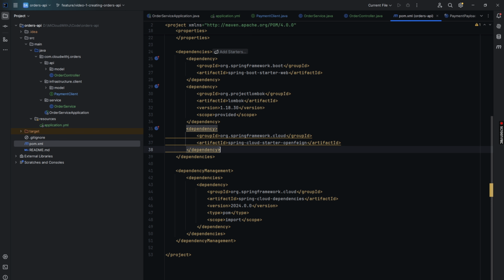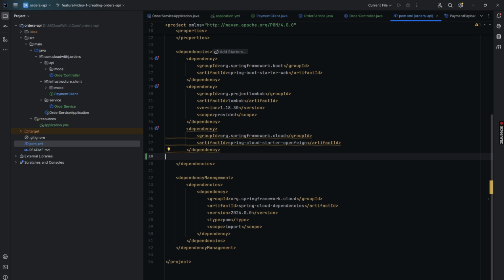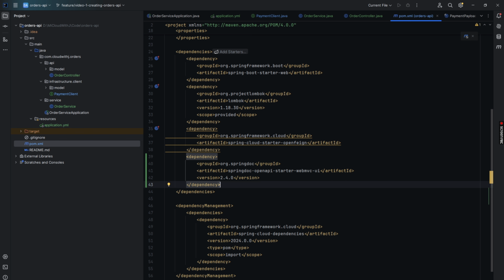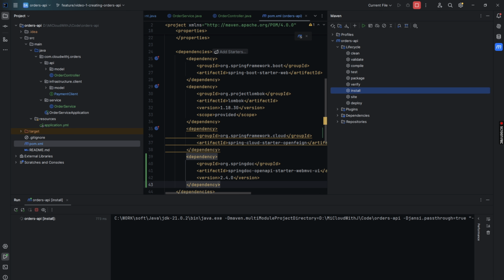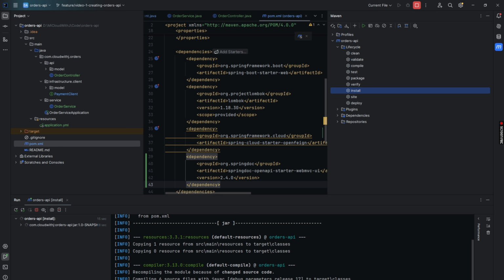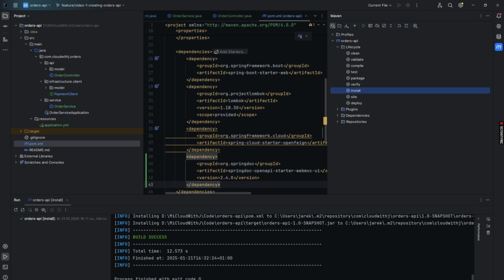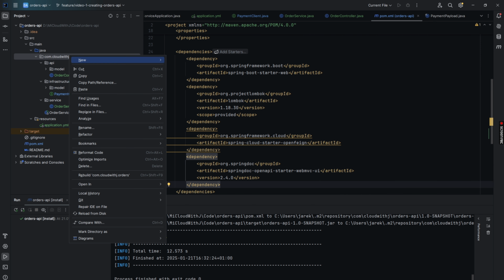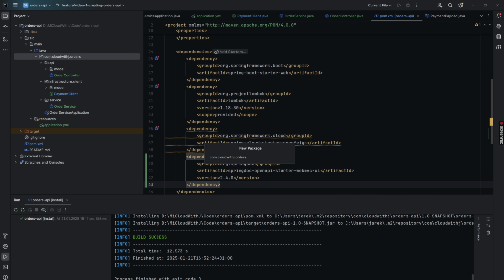I add the dependency that enables Swagger UI in the browser. Then, I install it in the Maven repository and synchronize the project. Next, I add a simple Swagger configuration class in the config package.